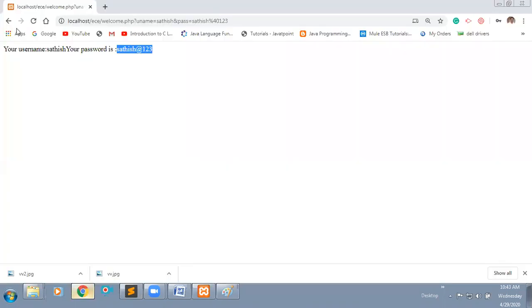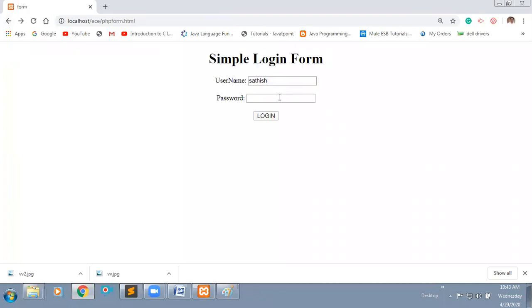Validation means, for example, if you observe, there is a username and password. If I click on this login button and enter a wrong password, I need to give the message that you have entered a wrong password. For example, like the username, that thing we will see first.